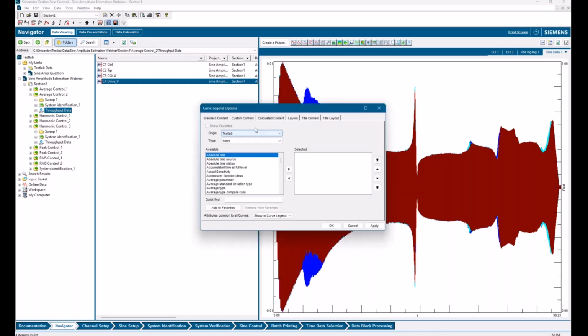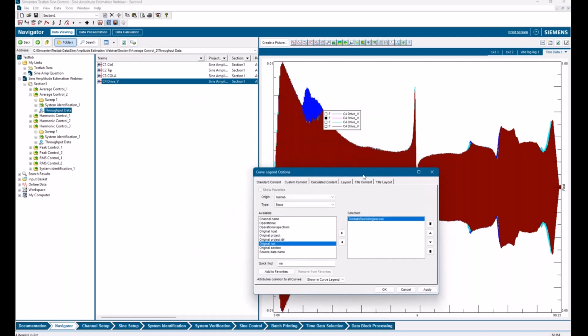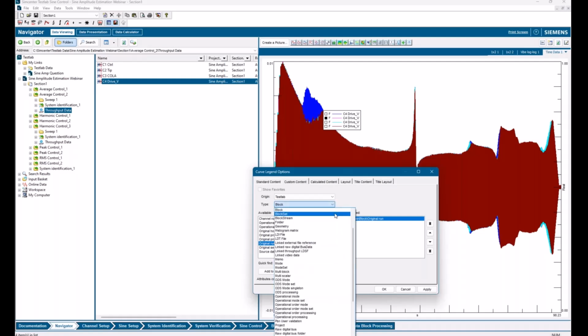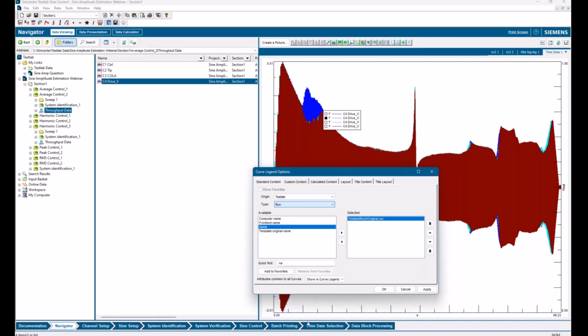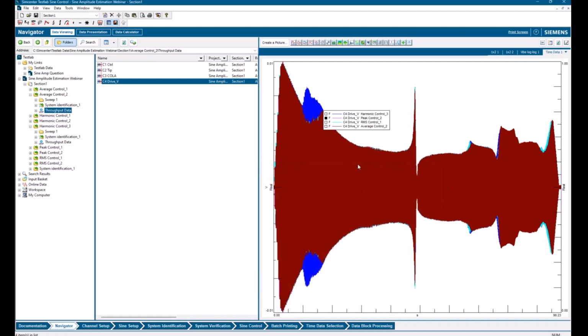And I'll go into options and I want to display the run name here. There we go. Okay, harmonic, peak, average, and RMS.